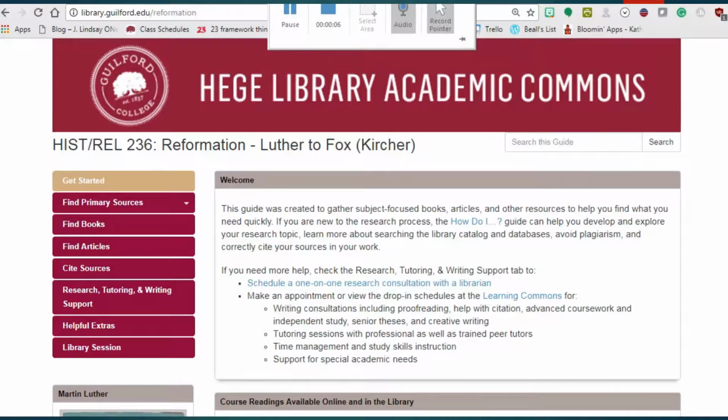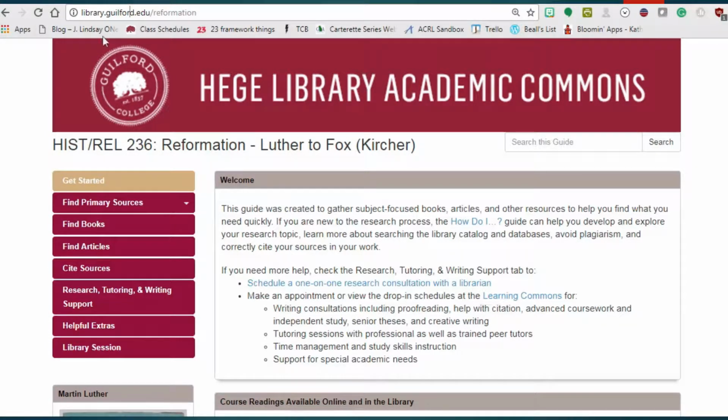I came to your class the other day, but of course the library website was down at that time, so I just want to run through a few things to help you get started with the research that you'll be doing for this class. So this is your guide. This is the only link you really need for library resources for this class,